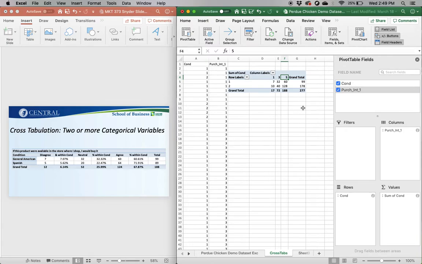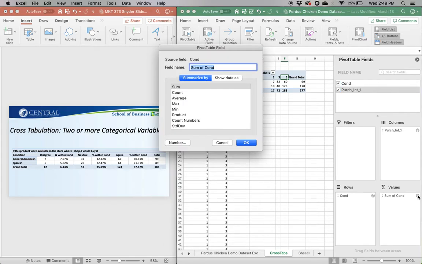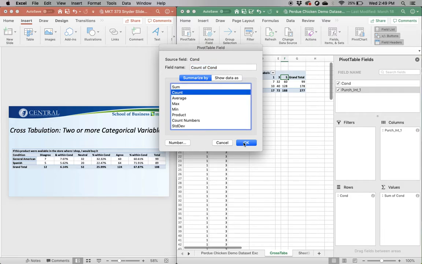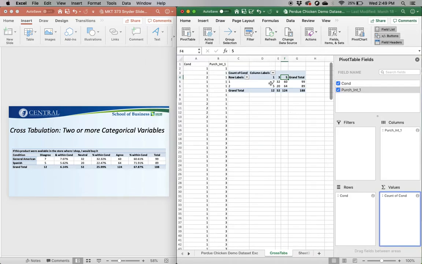So here we have some numbers, but these numbers don't make a whole lot of sense just yet because down here in values, it's treating condition as a continuous variable, but we know it's categorical. So we need to change that. So we click on information, the little I tab, and what we want instead of a sum of the condition is we want a count of the condition, a count of the number of people in each category. And so there we have it, our